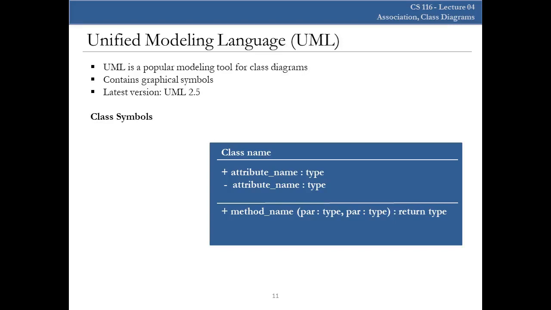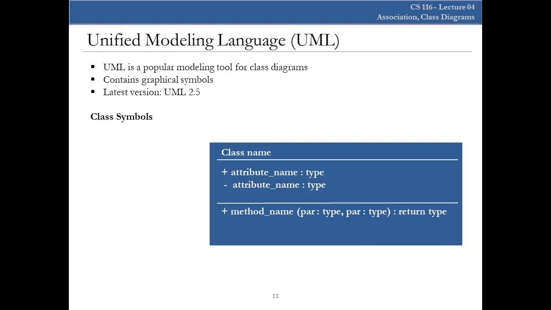Now, if you look at the middle compartment, if you want to specify the type of an attribute, you just use this colon sign and then write the type. For example, if you are defining an attribute called age of type integer, you can just write age colon integer, right? Similarly, in the last compartment, after the method name, you use a pair of round